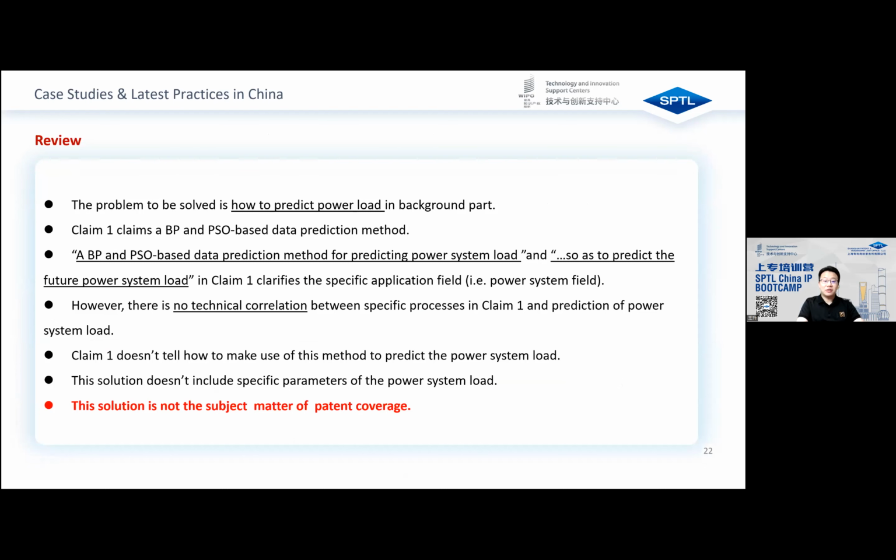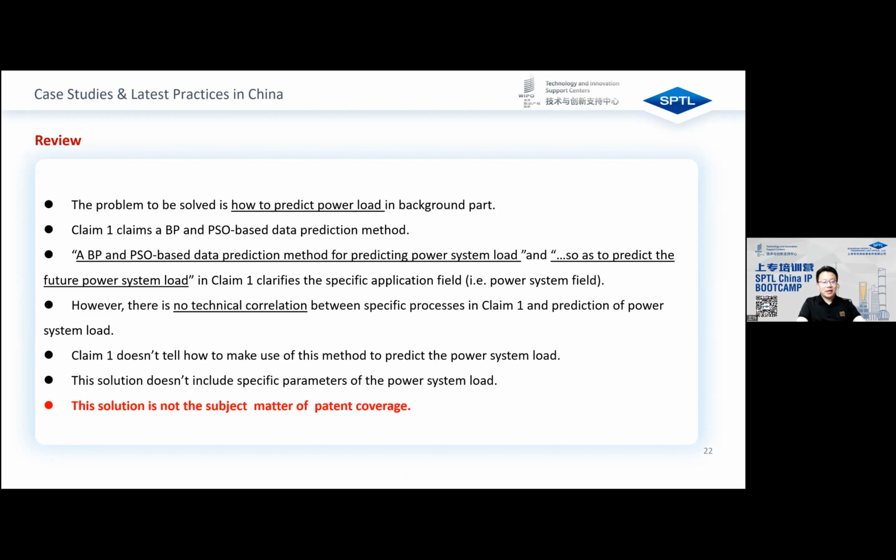Okay, now let's have a look at how the examiner reviewed this case. First, the problem to be solved is how to predict power load in the background. It makes sense. Second, claim 1 claims a BP and PSO-based data prediction method. It also makes sense. Third, 2 technical features, namely a BP and PSO-based data prediction method for predicting power system load, and so as to predict the future power system load,